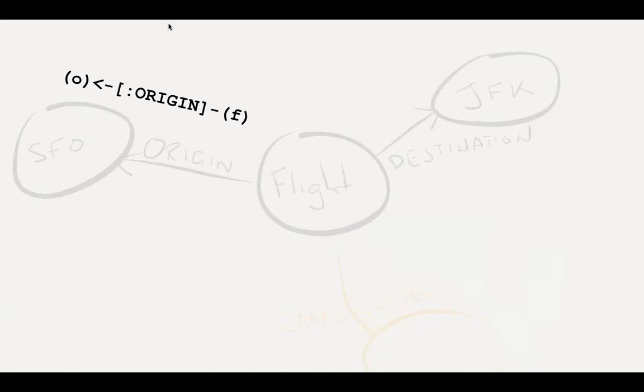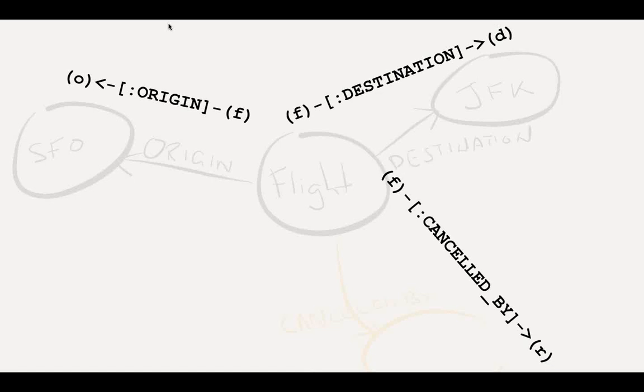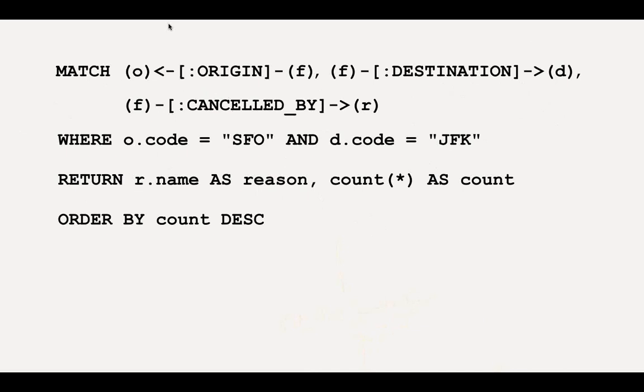So what I'm going to do here is take the structure of this graph and turn it from my lovely Keynote graphics into ASCII art. What I've got here is a flight, F, which has an outgoing origin relationship to some other node, which I'll label O for origin. That same flight, F, has an outgoing destination relationship to the destination, which is JFK in this case. And that same flight, F, has an outgoing cancelled by relationship to some reason, which I'll label R. If I then flatten that out,